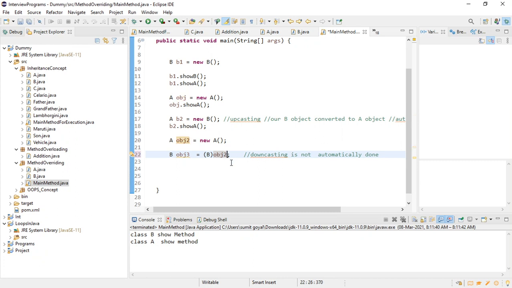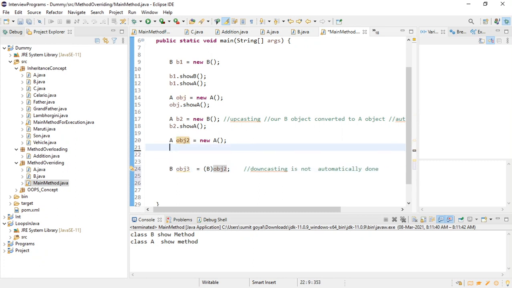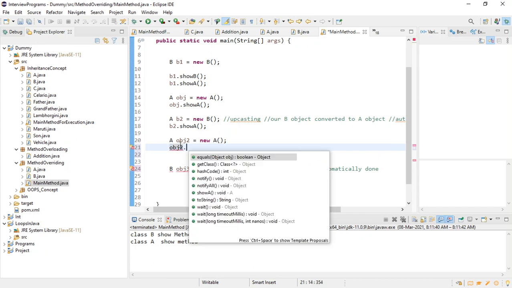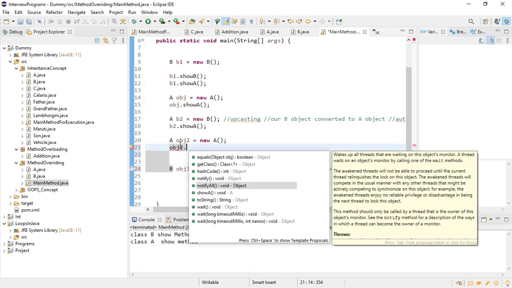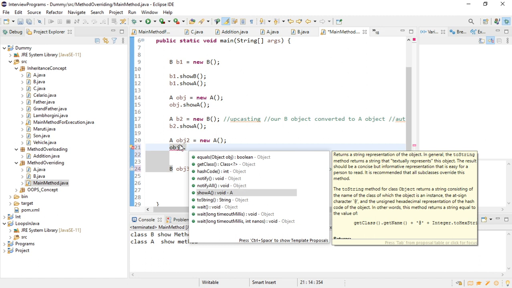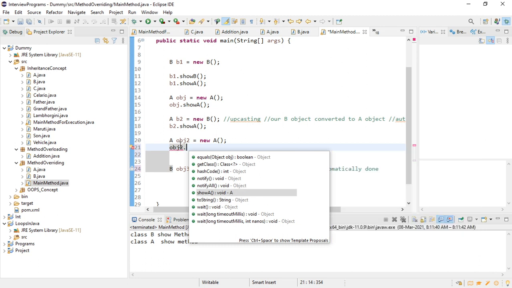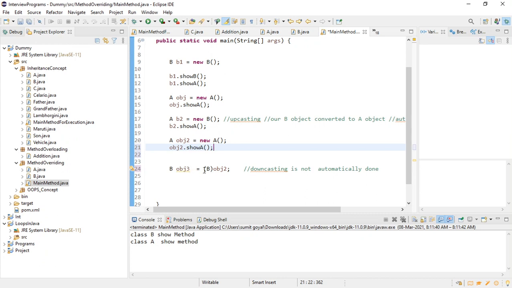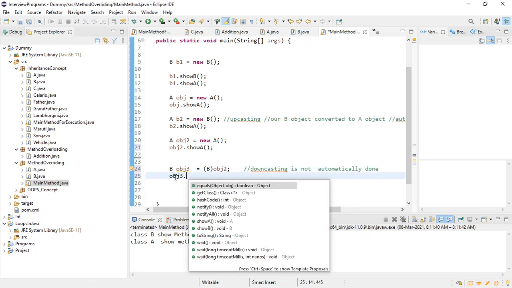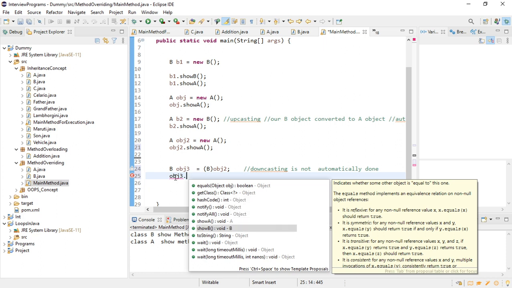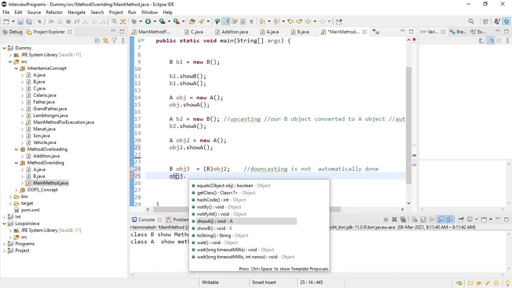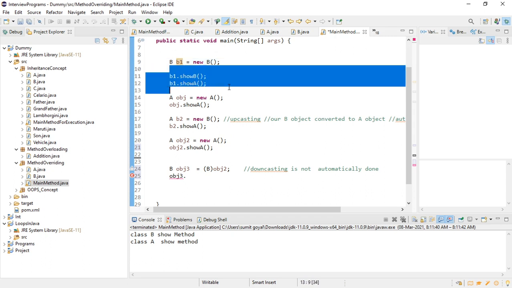obj2, right? Now this object, if you see here, if I write after that line obj2 dot, you can see it is only having class A methods, not B. But after I convert this object to a B object, and that reference is held by this one, if I say obj3 dot, you can see both the methods are coming here, because now this object is converted into a class B object, and as you know, if we create a class B object like this, you are able to call both the methods, right?